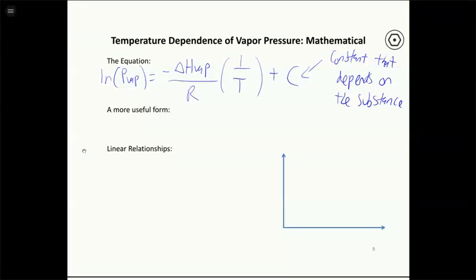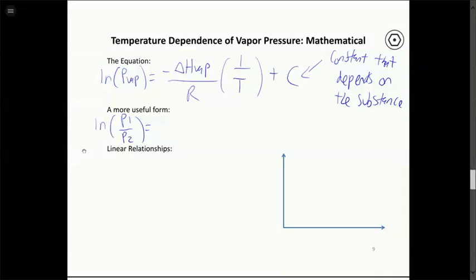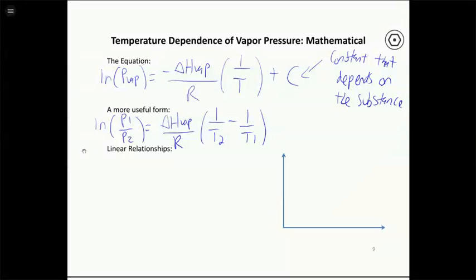lot of things, there's a more useful form of the equation that compares the vapor pressure at two different temperatures. So what we do is we measure the vapor pressure at two temperatures, and we relate those two to each other with this equation and sort of solving for the ratio of the two. So instead we look at the natural log of two vapor pressures, P1 over P2 we'll call it. That's equal to delta H of vaporization over R times 1 over T2 minus 1 over T1. So basically T1 is the temperature at which we're measuring the first vapor pressure, P1. T2 is the temperature at which we're measuring the second vapor pressure, P2, and these still have the same definition.